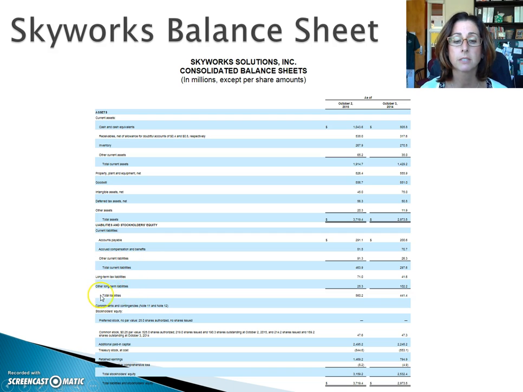Long-term liabilities gives us total liabilities, and then we have the different versions of shareholders' equity. And you can see here, total assets of 3.7 million equals total liabilities of 560 plus 3.2 of stockholders' equity. Shareholders' equity is another way of saying owner's equity, and that gives us the total of 3.7 million. So assets equal liabilities plus owner's equity all the time, and then you can see the trend from year to